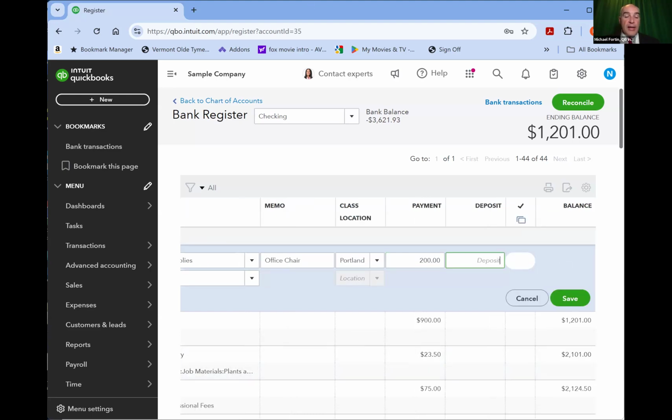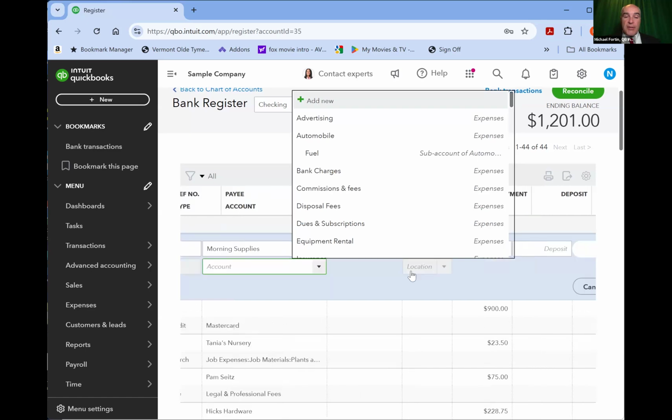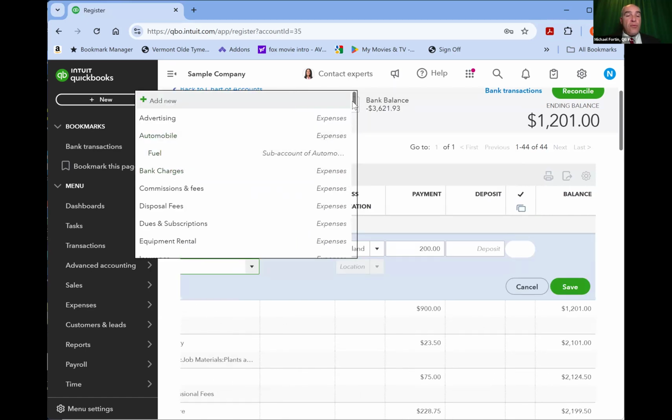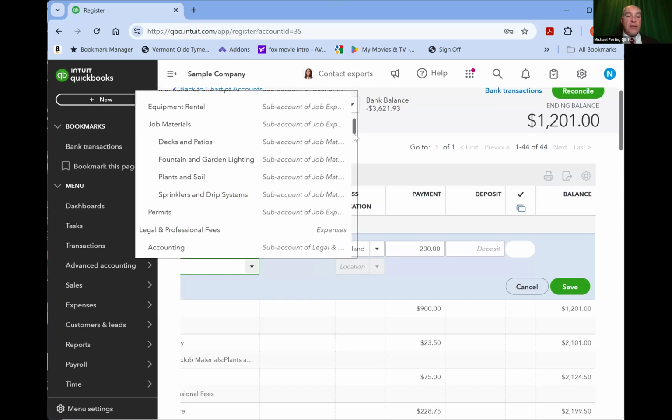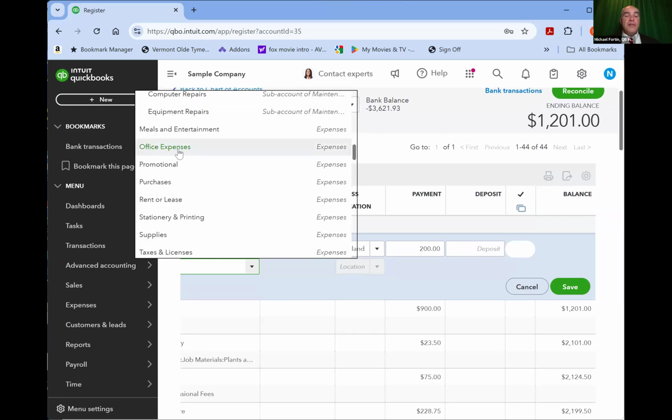All right, now it's going to ask me which account this goes to. So what type of expense is this? How do I categorize it? So if it's an office chair, it's probably going to be something like office supplies. So I'm going to scroll through this. I can actually type in the word office supplies if I wanted to, or I can scroll down and try to find it this way. Again, I'm looking for office supplies or office expenses rather. So office expenses.